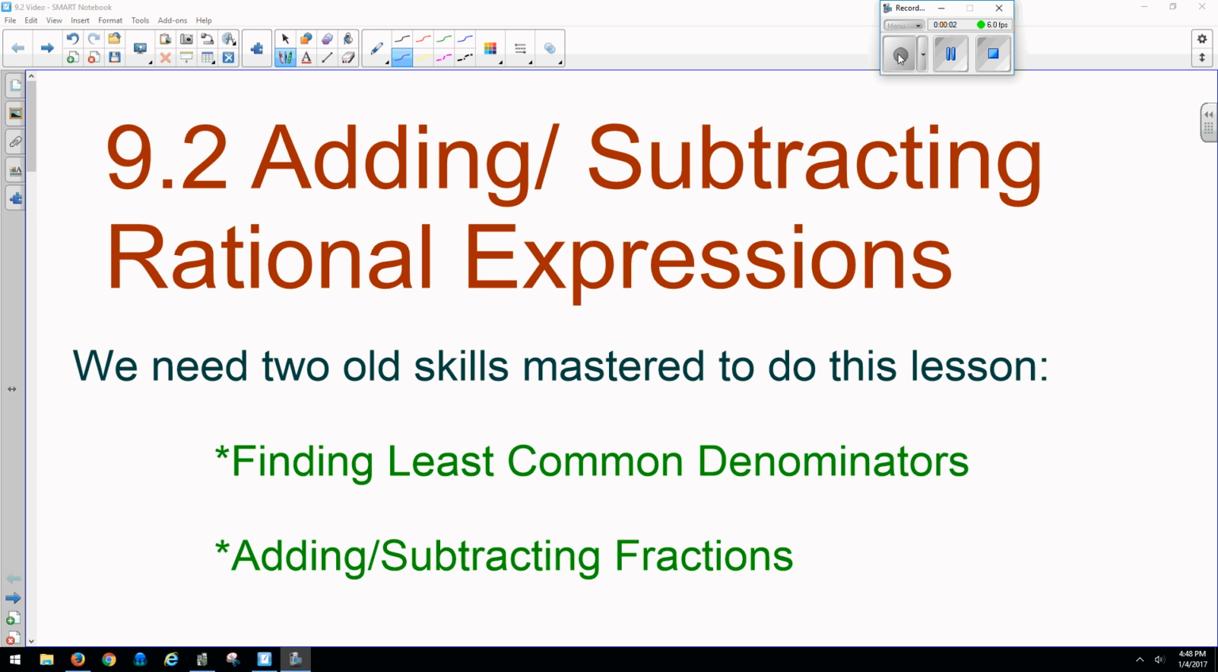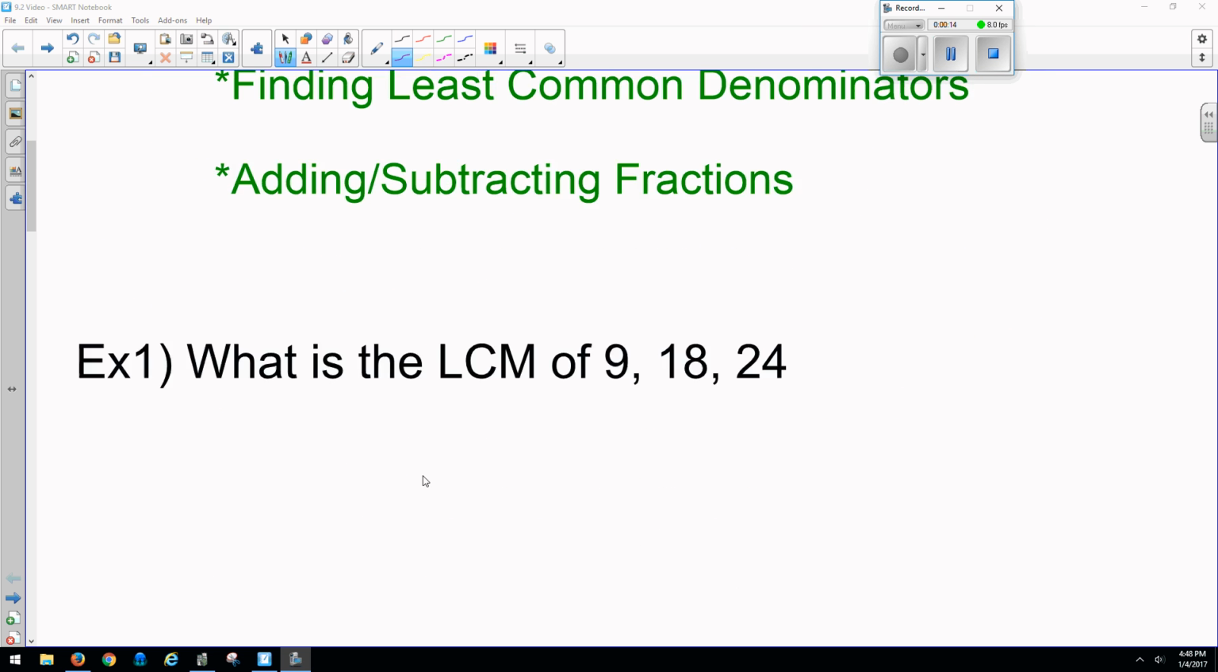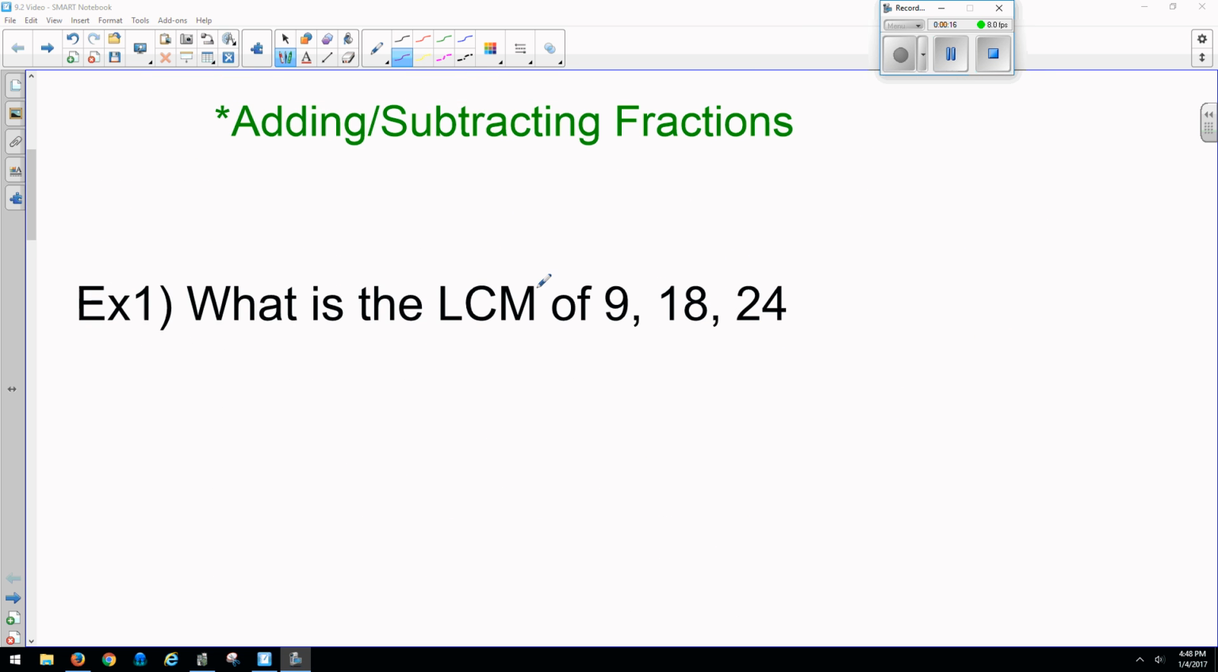Today we're going to be talking about adding and subtracting rational expressions, and I'm just going to refresh your memory on how to do these few things that are listed here: finding least common denominators and adding and subtracting just simple fractions. So we're going to start by talking about the least common multiple of these three numbers,